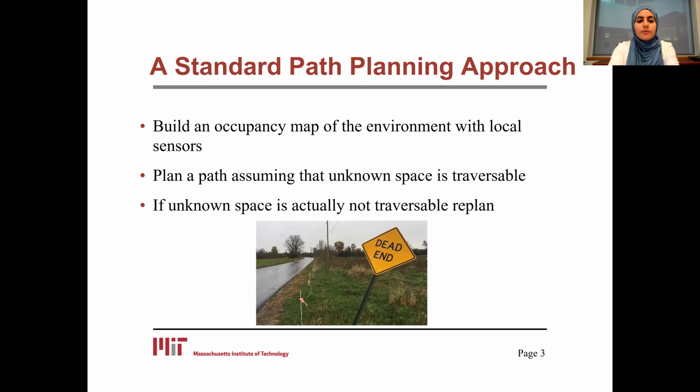A standard pathfinding approach in robotic navigation is you first build an occupancy map of the environment with local sensors, and then you plan a path, assuming that the unknown space is traversable, meaning that there are no dead ends on the path. And then if the unknown space is actually not traversable, you would have to replan the path